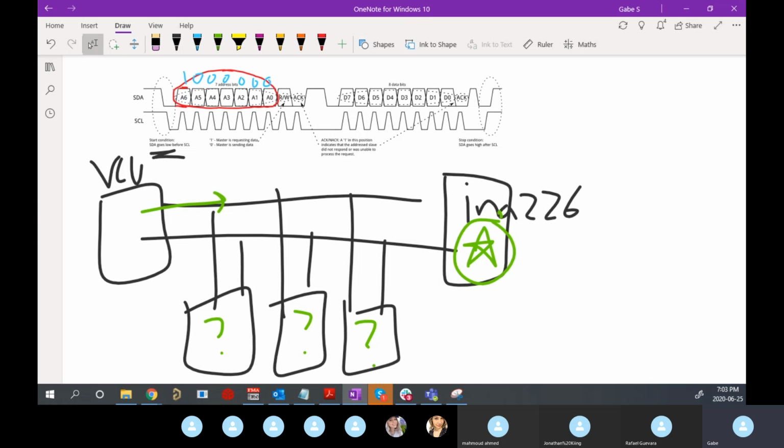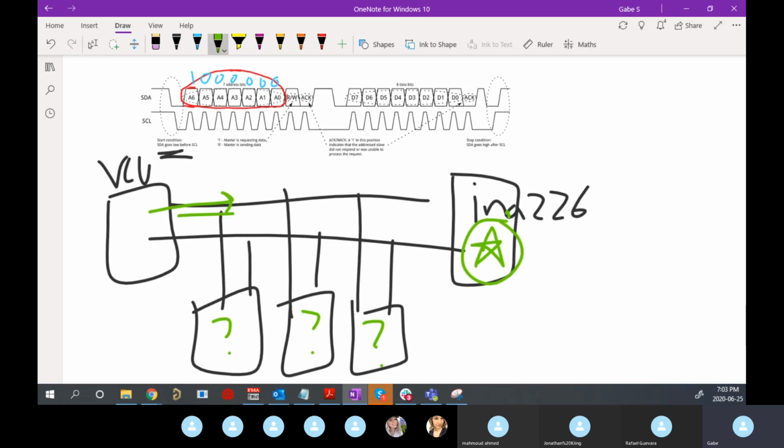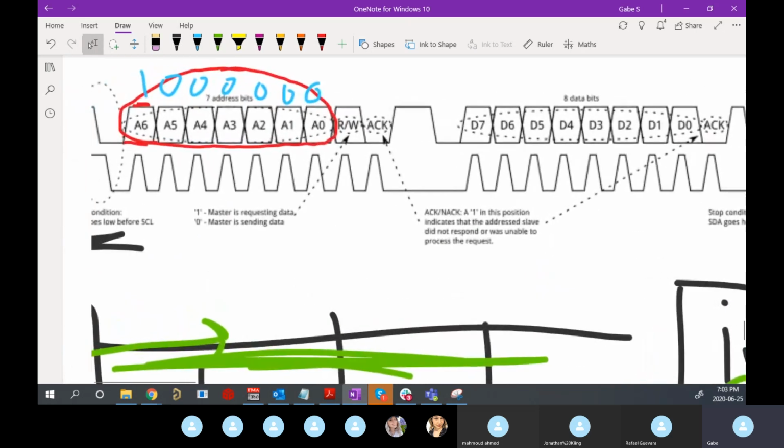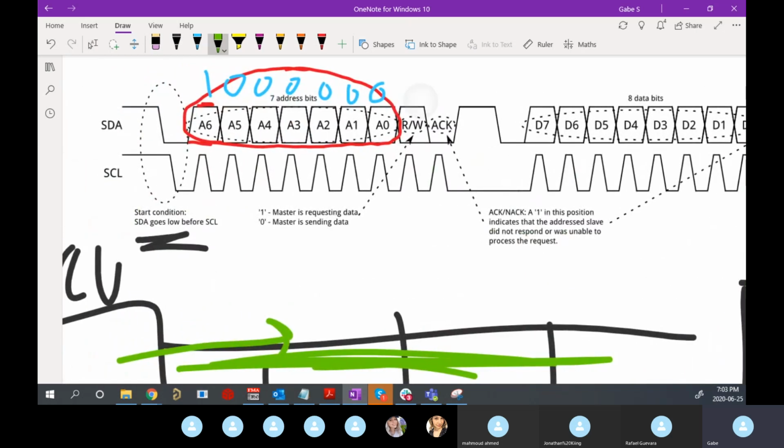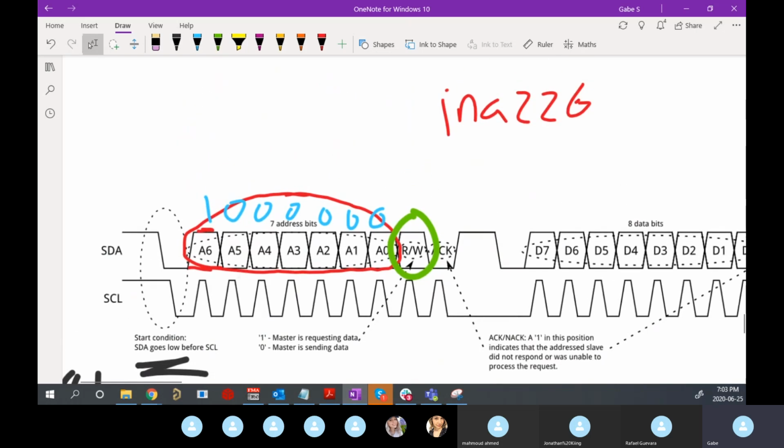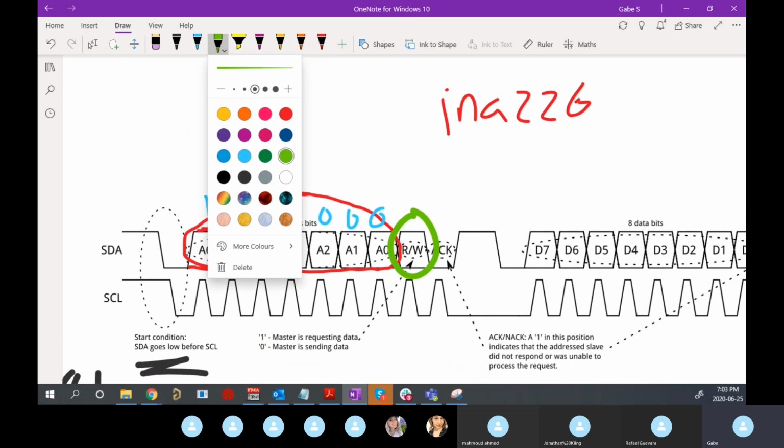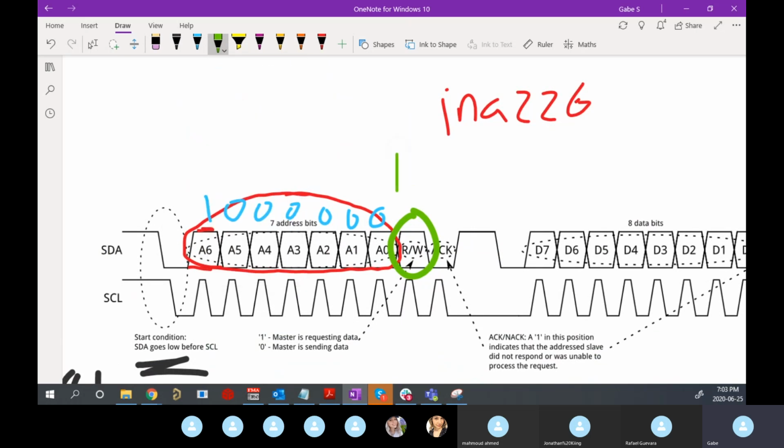Now the master is going to tell it, do I want to read from you or do I want to write to you? Remember that we only have one data line, so we have to know if we're going to read or write. And it's exactly what happens in the next bit. The master says, I'm either going to read or I'm going to write. And a lot of the times, they show this pin to look something like this, read/write with a bar. And that bar just